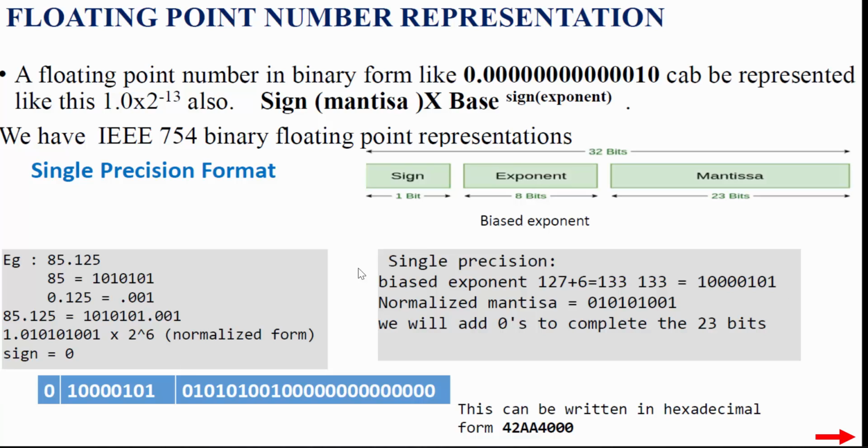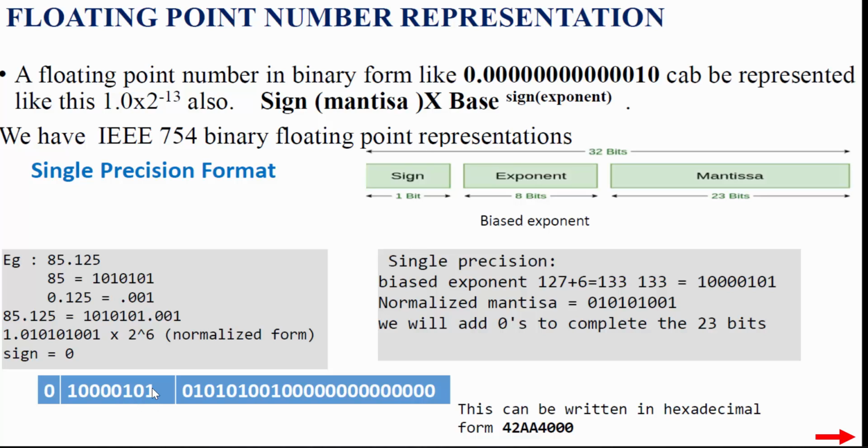Okay, so now we can put everything in this format. Sign bit is 0. 0 is put here in the first MSB bit position. Next, we need the exponent part, the biased exponent part. How many bits are used here for representing the biased exponent? 8 bits. Here, this representation actually contains 8 bits. So, directly write this value here,